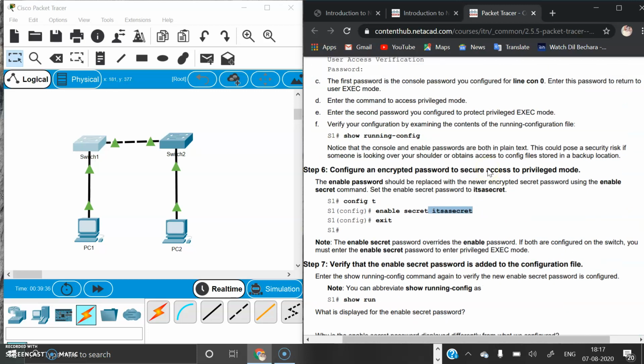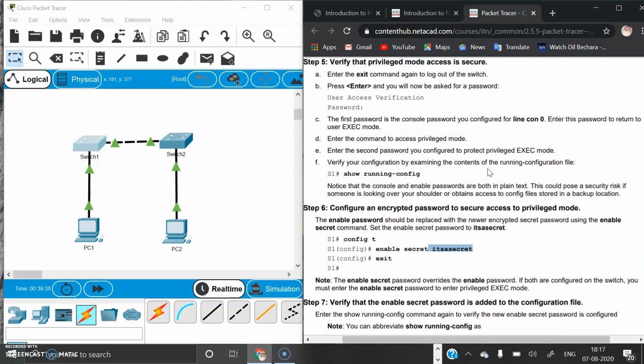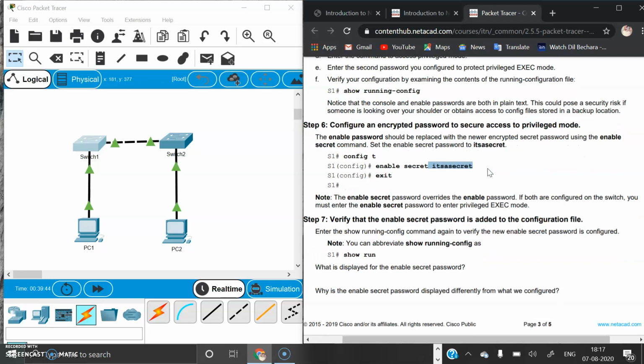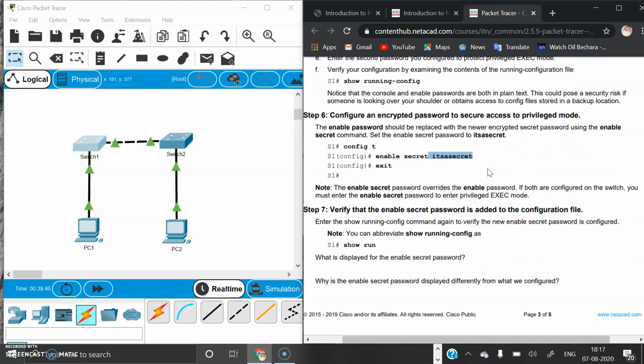If we enter the earlier password, which is C1$C0, it will show that it was wrong because we have re-entered the enable secret password. So it will give more priority to the command enable secret than enable, right? We will check that now.